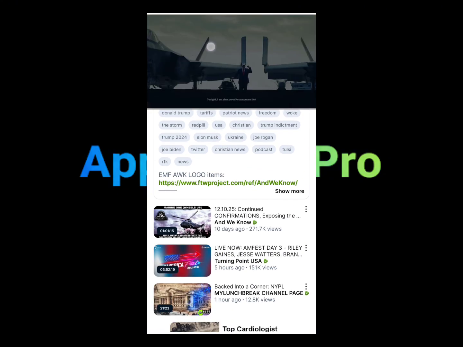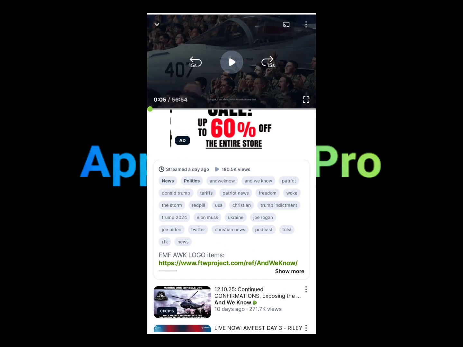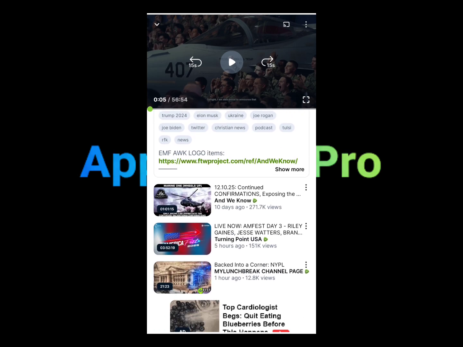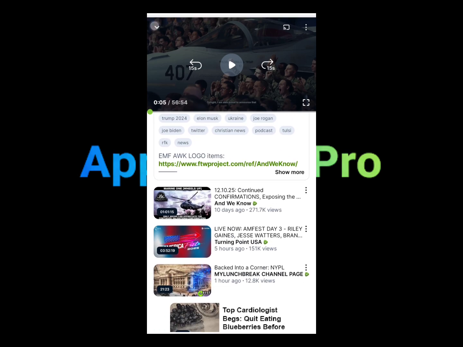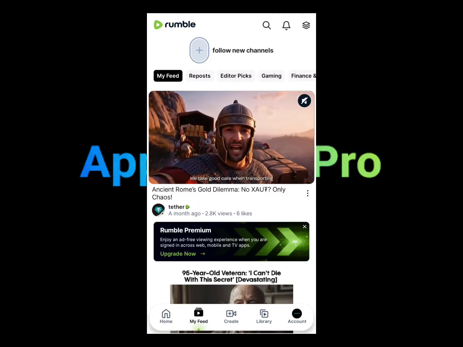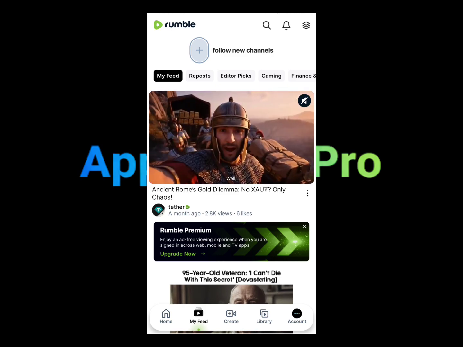As you can see here, this is pretty much how the layout looks for this application, and pretty much how you watch videos in this application. Very, very simple. In this section, you will see videos of creators that you have followed on this application,